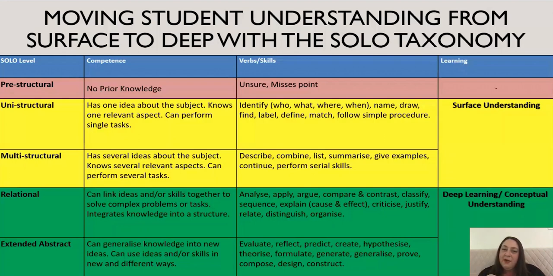So if we go back to that Lego example, this is where we use all of that knowledge to create something new, to create something, not just a whole bunch of Lego together, something specific and something that we're able to create using our knowledge. And so that's what we want students to do. And we want students to engage in this language. And when we go too quickly into the deep zone or the green zone, things are really difficult for students. And so they need to go back into that yellow. But we don't want to keep students in the yellow. We want to support them in progressing through surface to deep.